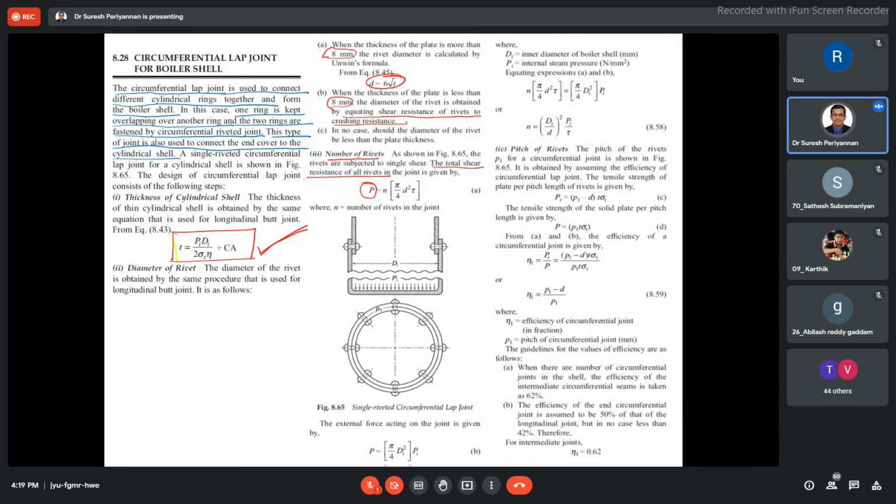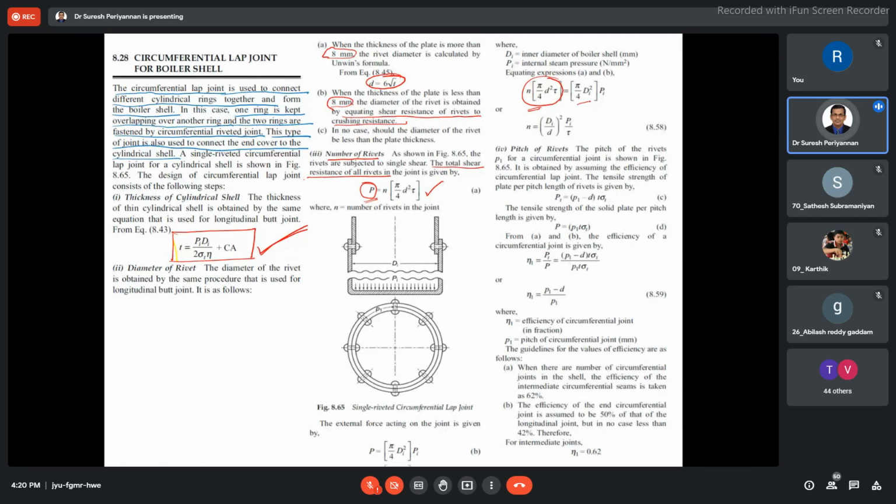Now we are equating it to the internal pressure force. This must be equal to the total shear resistance of all rivets, and it must be equal to the force due to the internal pressure developed inside, pressure into pi by 4 Di